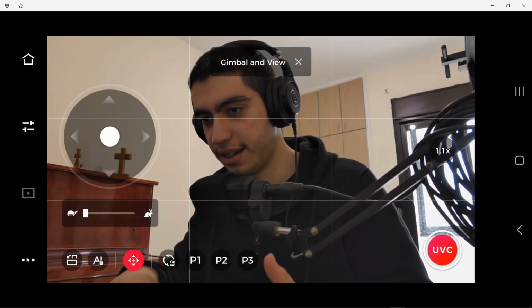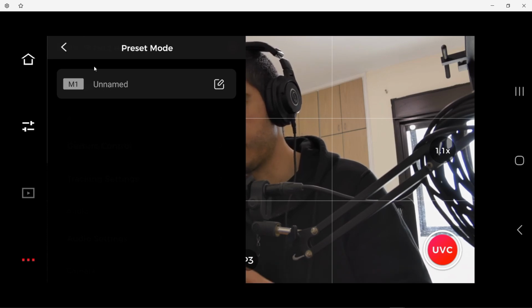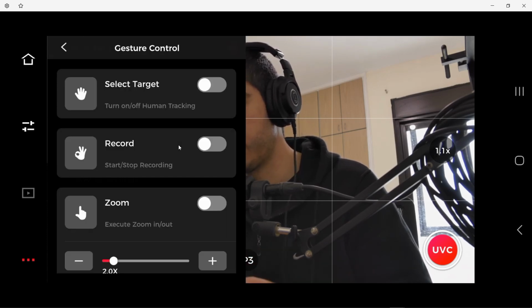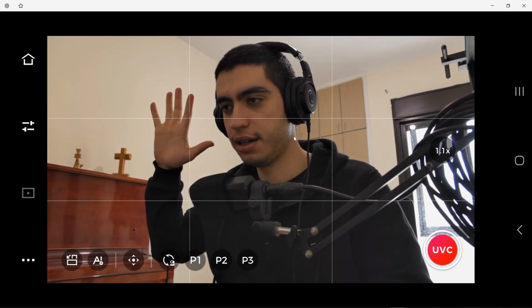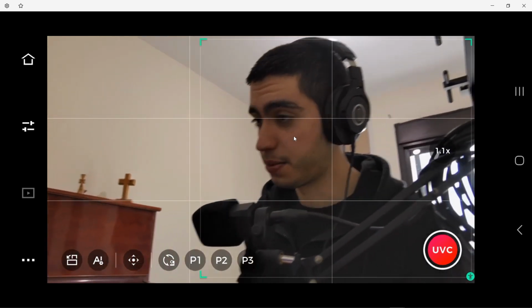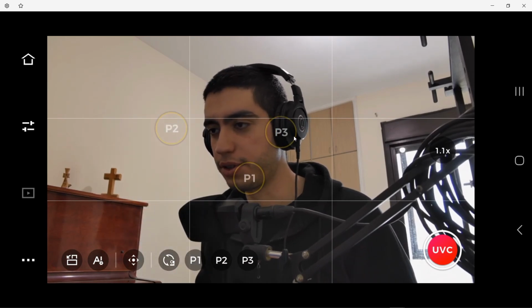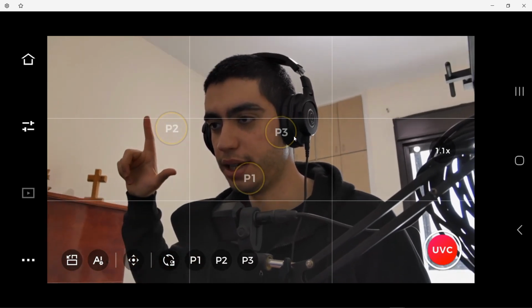Let's go to the settings by hitting 3 dots right here. You can save a custom preset. If you have some settings, you can save them right here. AI gesture control. If I do this, it will start tracking me automatically. And it's very responsive. I don't need to do this many times, just once and got it. It stopped tracking. If I do this, it will zoom in